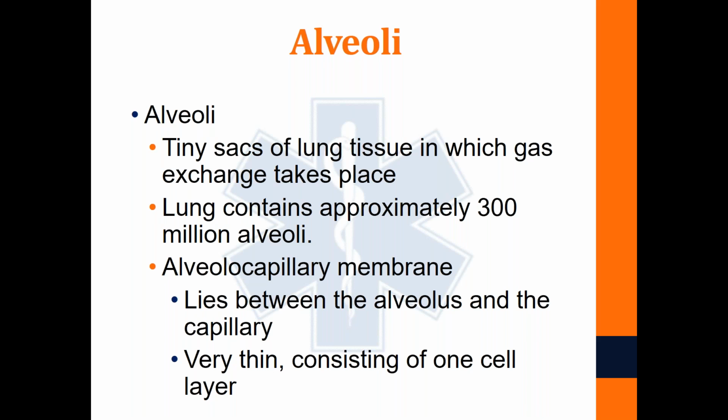That one cell wall makes it very easy for the oxygen to get out of those alveoli and into the bloodstream, and the carbon dioxide to get out of the bloodstream and into the alveoli so that diffusion can take place. Our blood can become oxygenated, and it will go back to the left side of the heart to be pumped out into systemic circulation. And through systemic circulation,